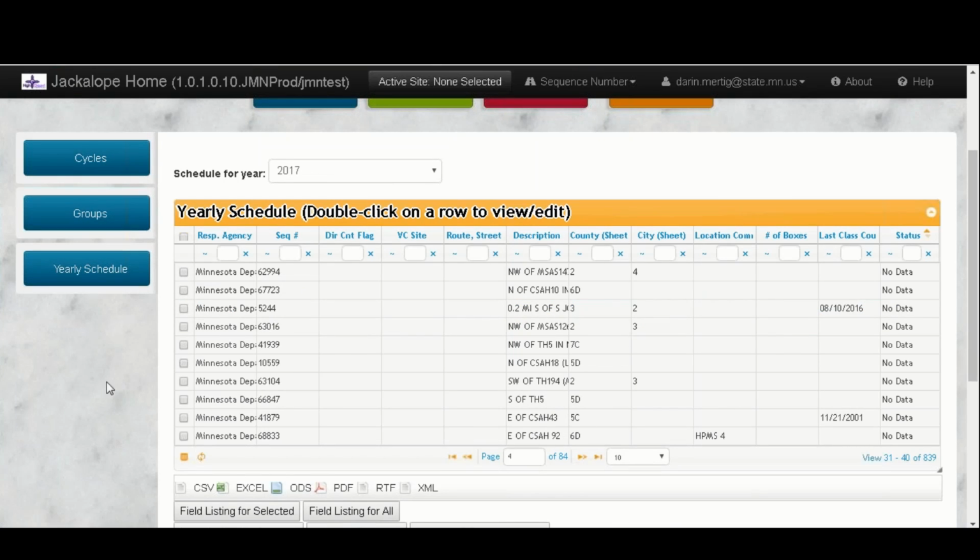The first time that you log in at the beginning of the season, you will see that the status for all of the sites assigned is set to no data, and this is intended. You'll see the fields of responsible agency, sequence number, a directional count flag, if there is one, the vehicle class ID, if that's been assigned for the year, the route, the street, the count location description, the county and the